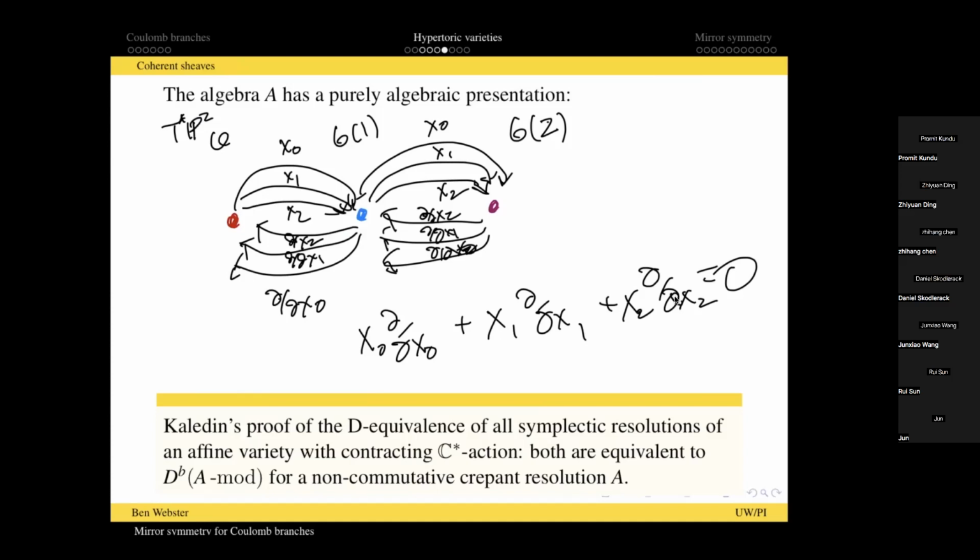The nice thing in this picture, and unfortunately I didn't have any time to say this, is that for other Coulomb branches, this construction of Stadnik actually generalizes. You can explicitly construct the tilting generators for a larger class of Coulomb branches, with this hypertoric picture being the template, but you get more interesting things from these non-commutative ones.